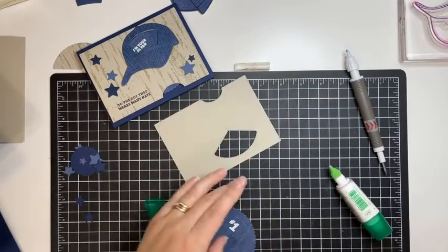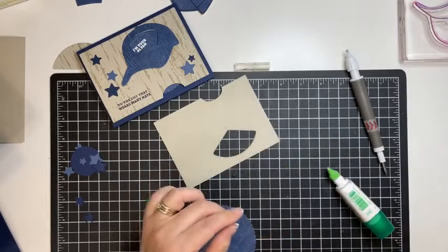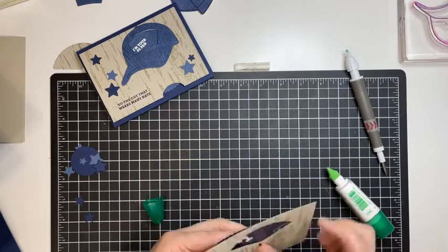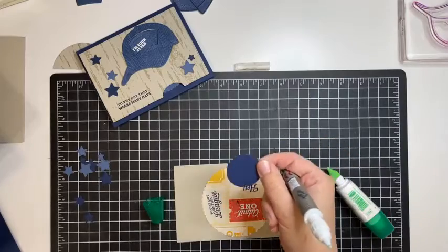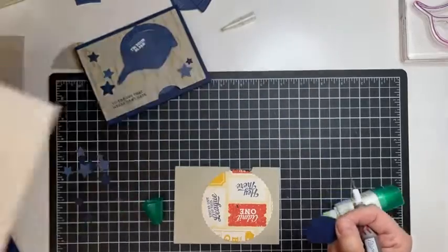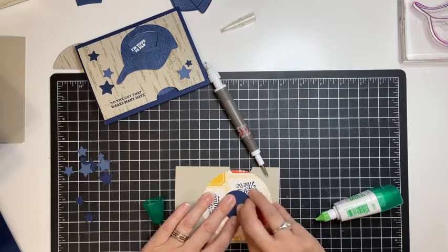Okay, so you're going to grab a brad, any one of them. I'm just going to use the little black one here. It's going to be hidden by the hat. So these are the round square brads. And you're going to poke it through here, through the hole. And then you're going to put the wheel on there. Okay. And then one of the tips I found online is you need to cut an extra circle, and it's the circle from the Give It a Whirl dies. It's the circle here. It's for something else, but you just cut a hole, and I'll show you why. You need it so it doesn't stick to your project, and I'll show you that in just a second. So you're going to take that,